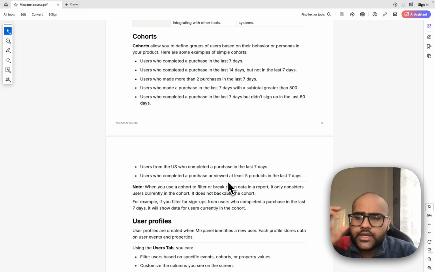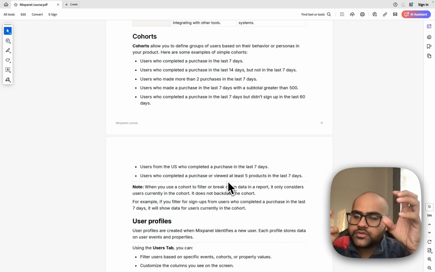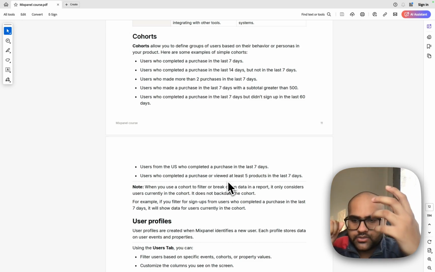For example, you want to create a group of users that completed a purchase in the last 7 days. You want to create a group of users that completed the purchase in the last 14 days but not in the last 7 days. Users who made more than two purchases in the last 7 days, and so forth, right? So you could use cohorts to create groups of users based on their user behavior or persona, and